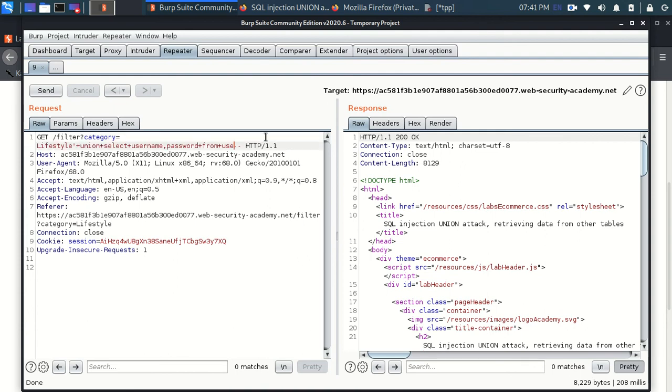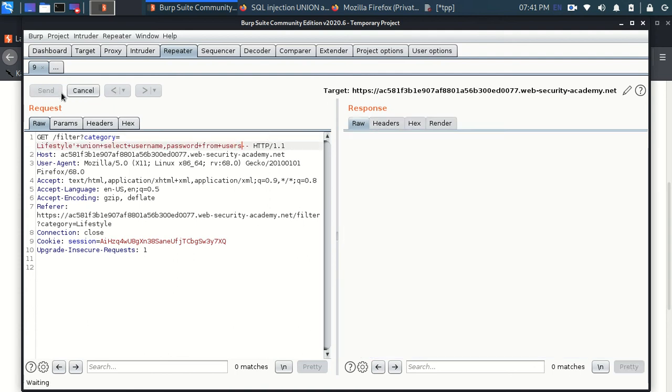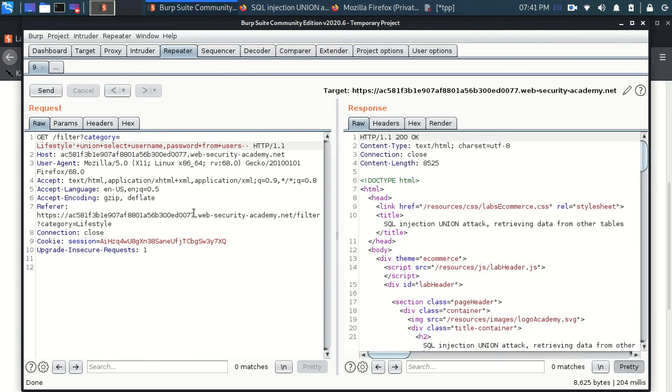There may be many doubts in your mind right now. One would be, why are you using plus? It's because in a URL I cannot provide a space. I have to provide a plus sign, and a plus sign is treated as a space. That is why I'm putting plus here.